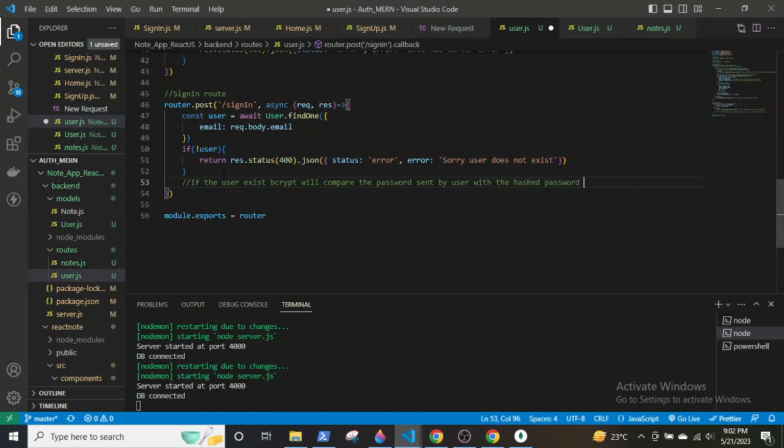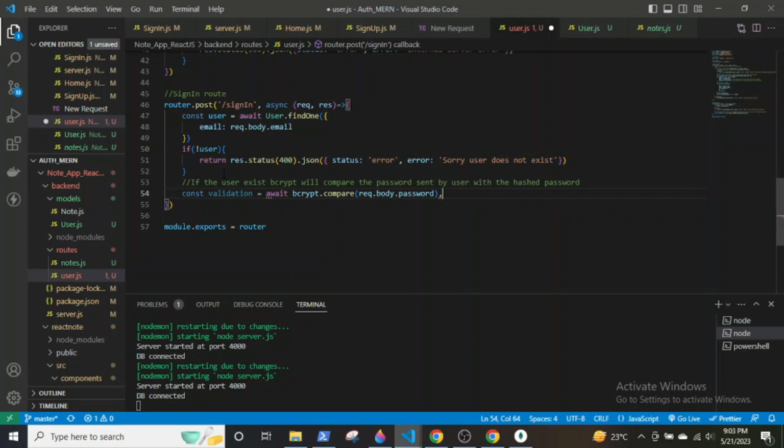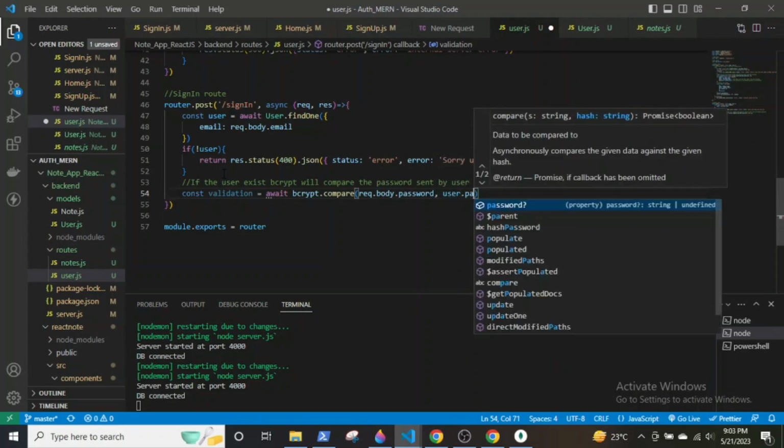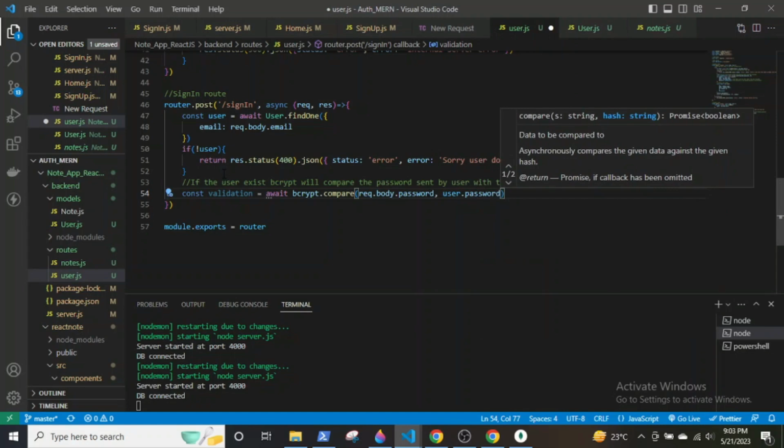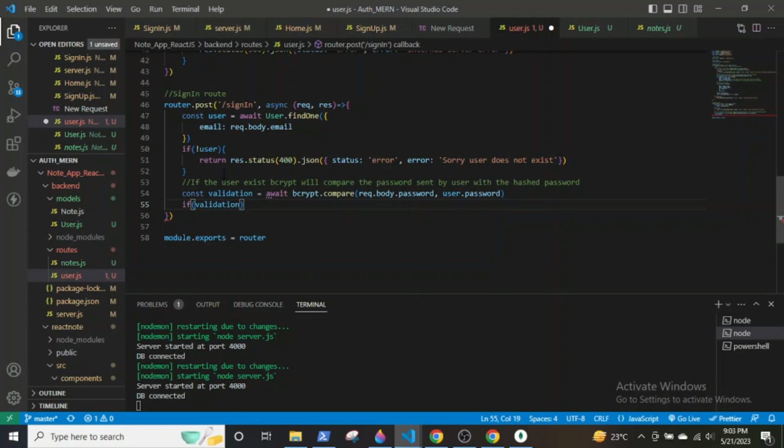What it does is it will first take the password that is sent at this moment and hash it, and that hashed password will be compared with the hashed password stored in the database. So first it will hash the password from request.body.password, then it will compare it with the user's password from the database. And if the validation is successful,